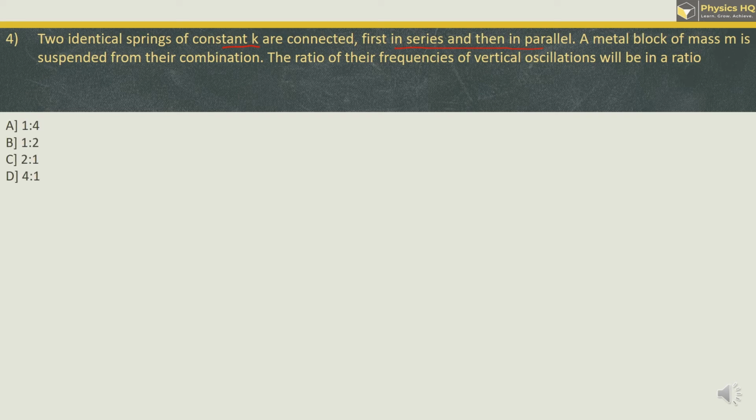For this, first of all, try to understand the relation between frequency and K. So omega is given as root of K by m. So we can write 2 pi f is equal to root of K by m, or you can have f is equal to 1/2 pi root of K by m. Since mass is constant over here, frequency of oscillation is directly proportional to root of K. Okay, so we have first of all frequency of oscillation when the springs are connected in series.